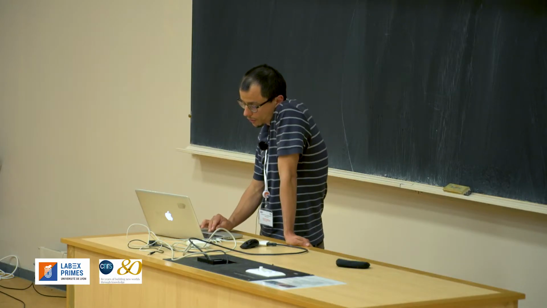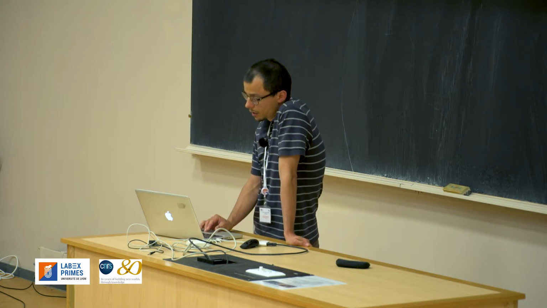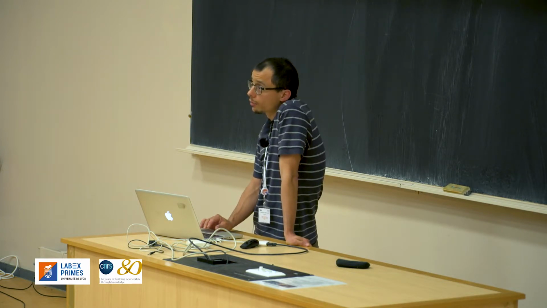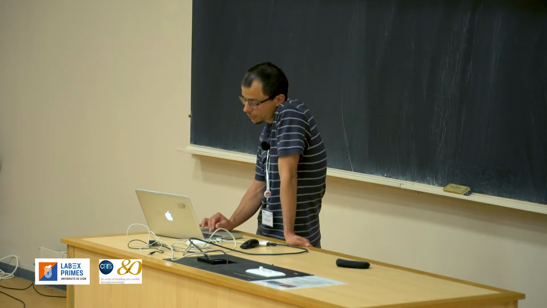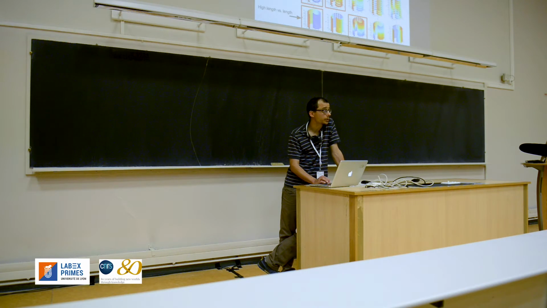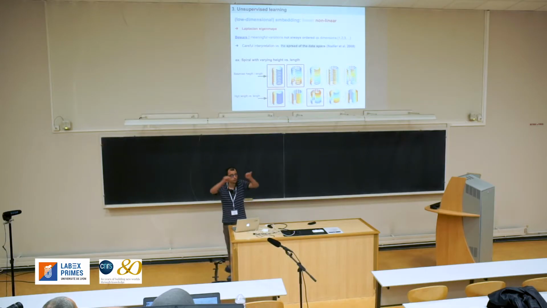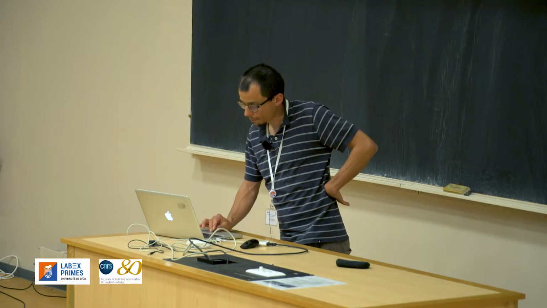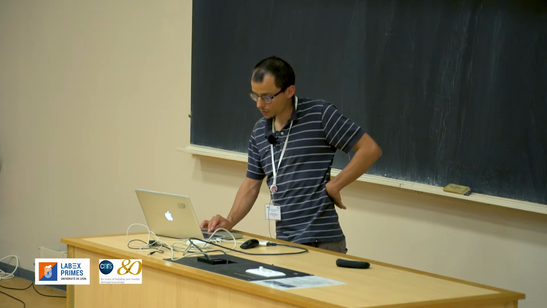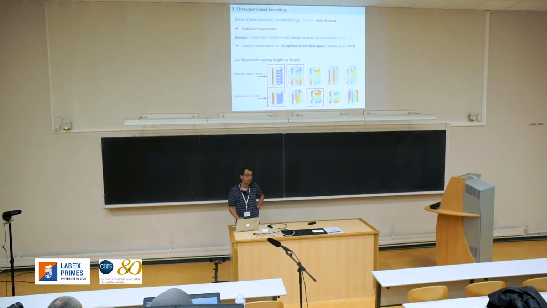Just a warning, if you want to use it, it's not that straightforward because it's highly influenced by the spread of your data. So here's a toy example. I picked a spiral and I varied the height of the spiral and its length. And you see that if the spiral is well dimensioned, if the height and the length of the spiral are quite balanced, well, the first two dimensions, so this one and this one,